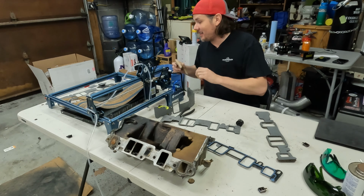Now let me show you a quick look at how I did this. I'm not going to go super in depth because I'm by no means an expert at LightBurn. I'm just smart enough to maybe figure this thing out. What I did was take one of these gaskets and scan it on a scanner for a computer. And that allowed me